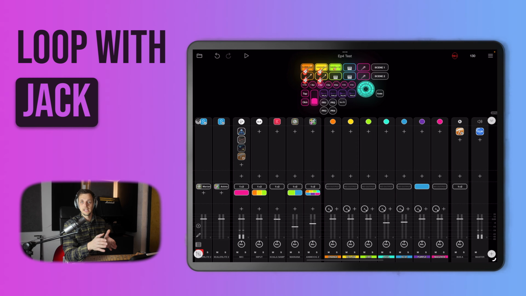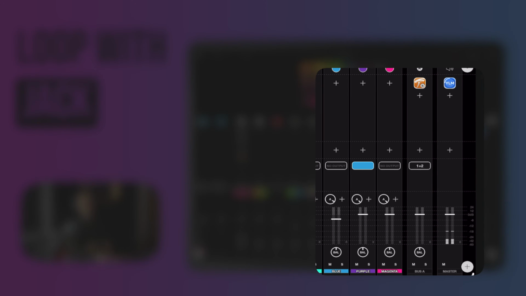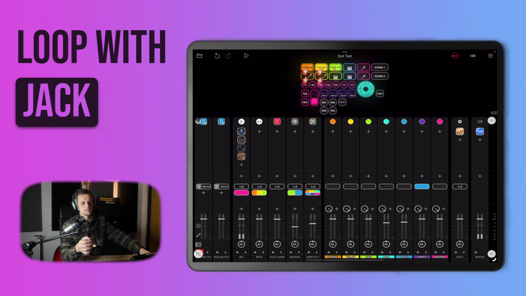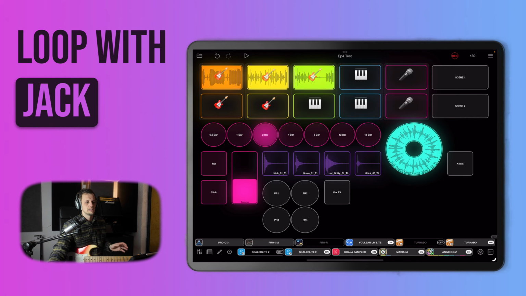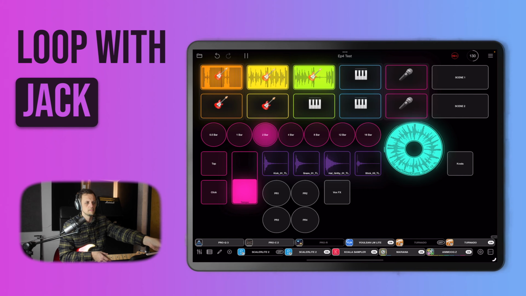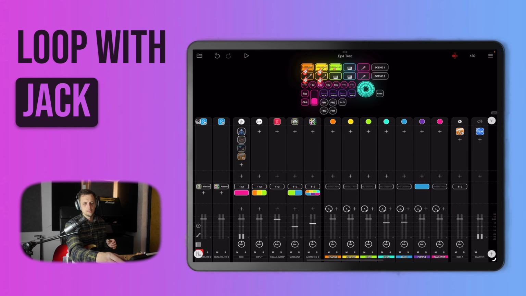Bus A has Tornado on it. And if you look down the channel on bus A, you can see that it goes to output 1 and 2. So if I've configured this correctly, if I press play on the loop that I just built, you should hear everything just as you did. Which we do, so we know that everything is now working just as we want it. So next, let's open up Tornado